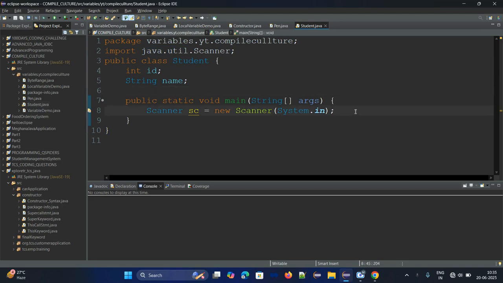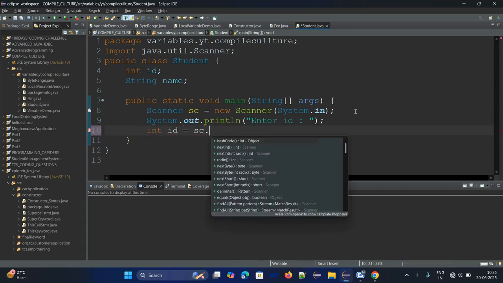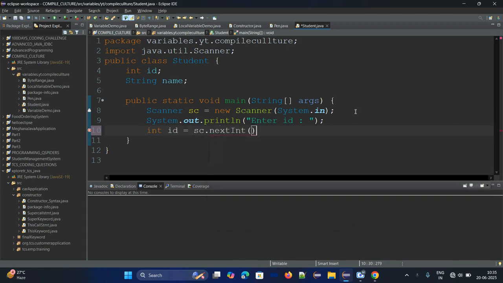Now we are going to ask the user to enter the ID. I'm printing one statement on the console: Enter ID. Now int id equal to sc.nextInt().